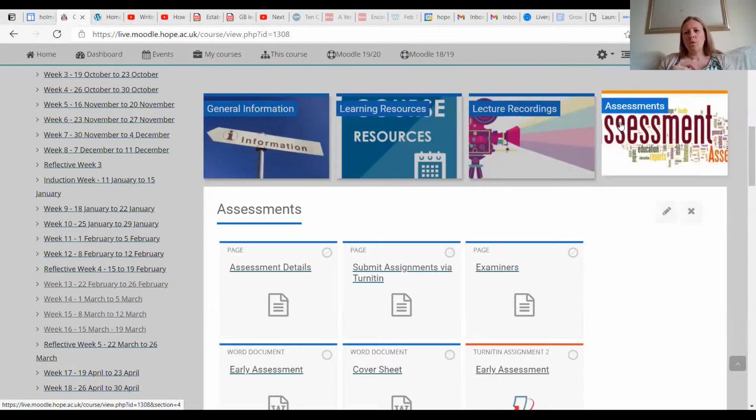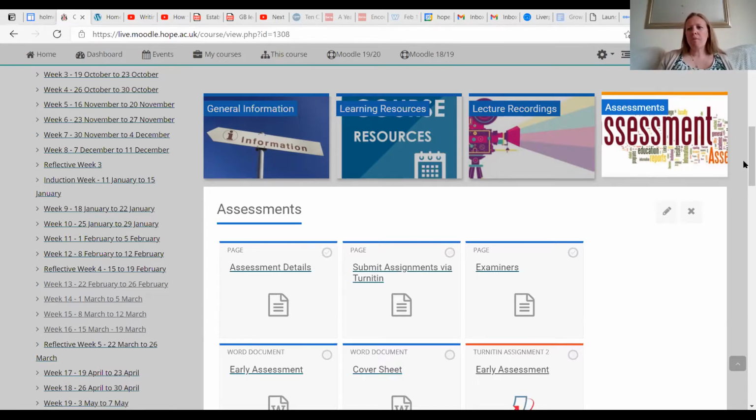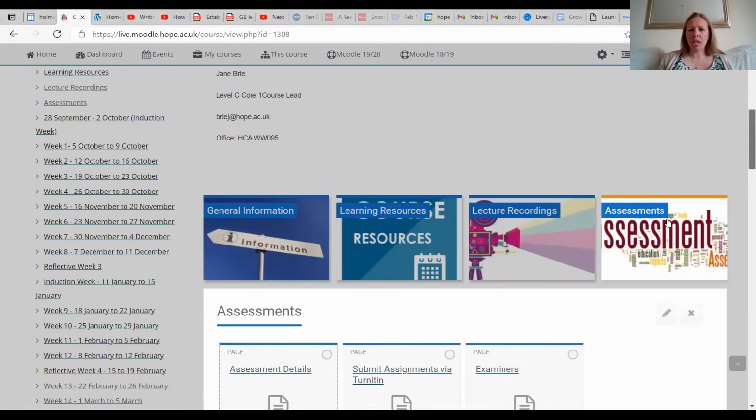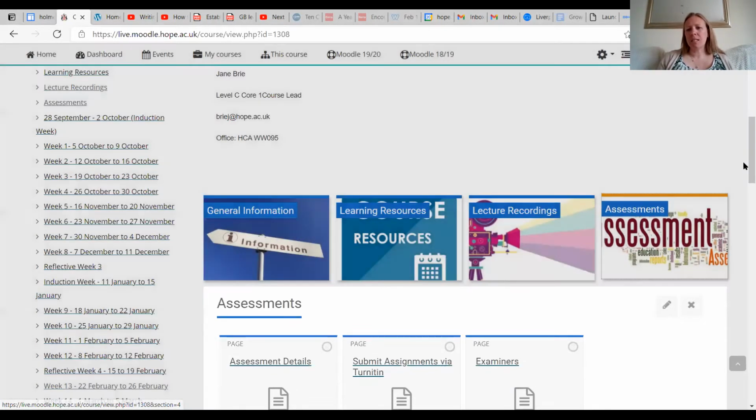So we'll do a bit of a brief overview of the ePortfolio just to remind you, and then we'll go really in depth looking at what you need to add, then how to submit it, and then how to improve it as well before that. So just a reminder, you hopefully can see on the screen now on Moodle, and I've clicked the assessments tile,